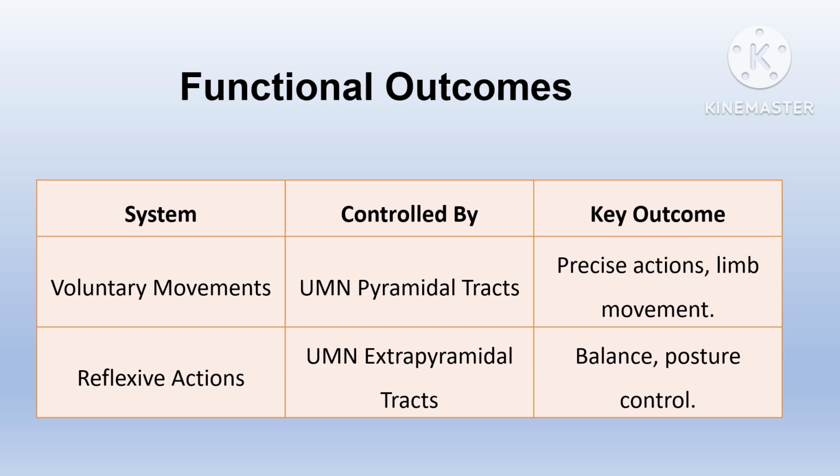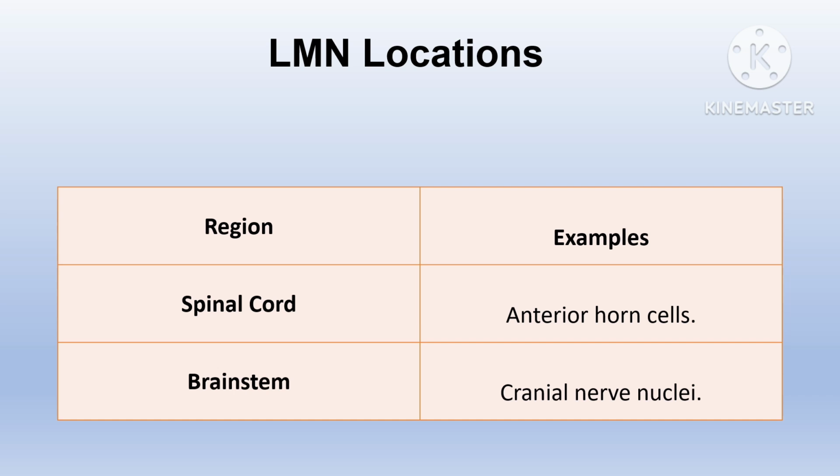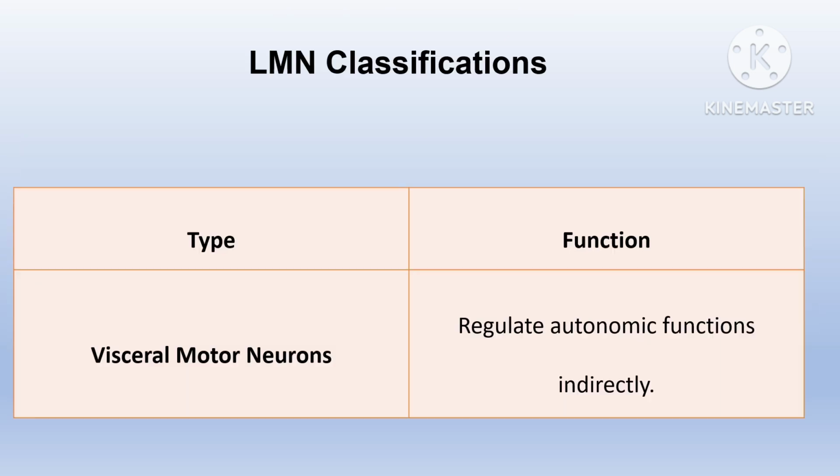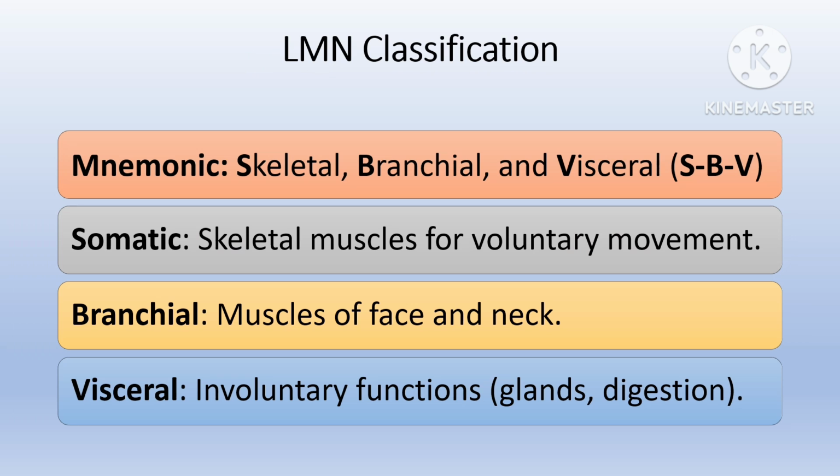Now we'll talk about the lower motor neurons. The lower motor neurons are located in the anterior horn of the spinal cord and the cranial nerve nuclei in the brainstem. Lower motor neurons are present in the anterior horn of the spinal cord and also the cranial nerve nuclei present in the brainstem. On the other hand, lower motor neurons can be classified into somatic, those which control the voluntary skeletal muscles,